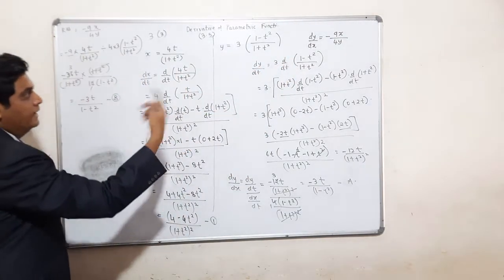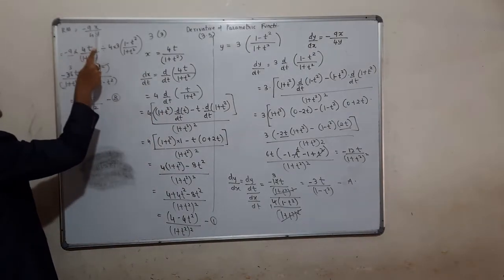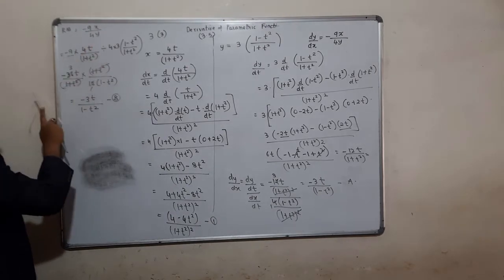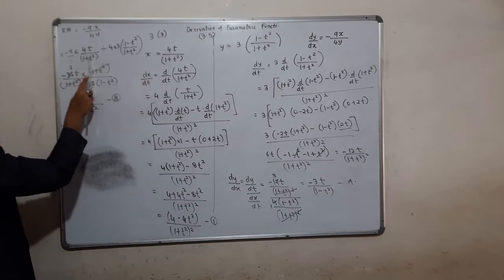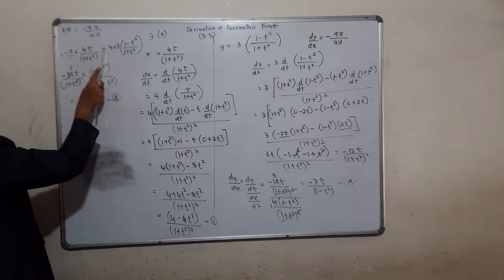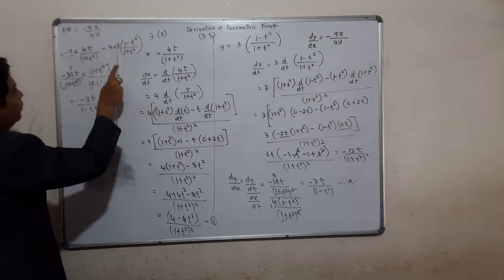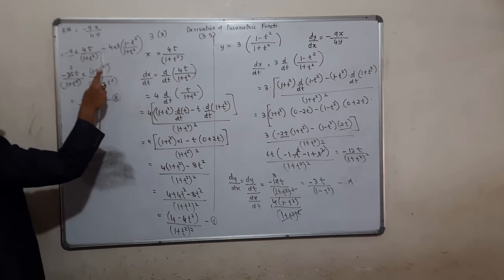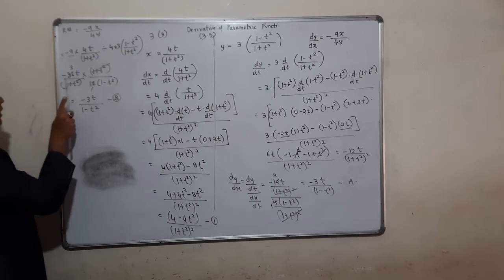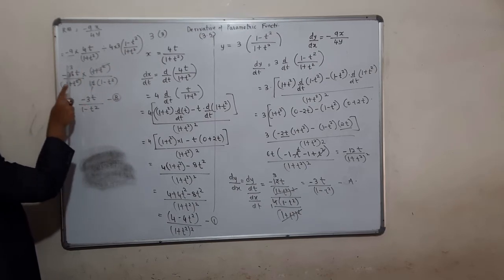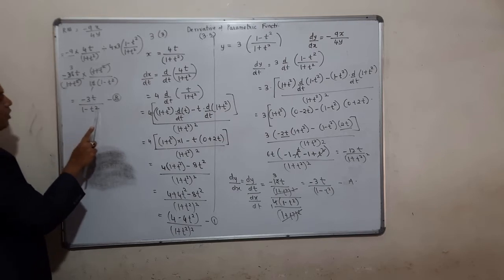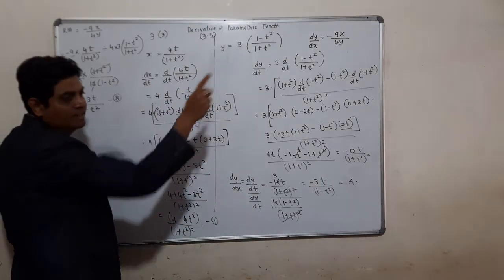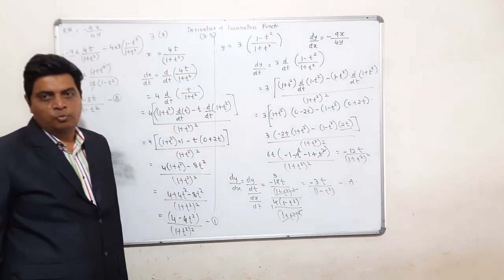Now I will take the right hand side. What is the right hand side? It is minus 9x upon 4y. So I substitute the value. It is minus 9. What is x? X is nothing but 4t upon 1 plus t square, divided by 4 into y. What is y? 3 into 1 minus t square upon 1 plus t square. The division becomes a reciprocal. 1 plus t square gets cancelled. 12 ones are 12, minus 3s are minus 3t upon 1 plus t square. And name this as B. From equations A and B, left hand side equals right hand side, hence it is proved.